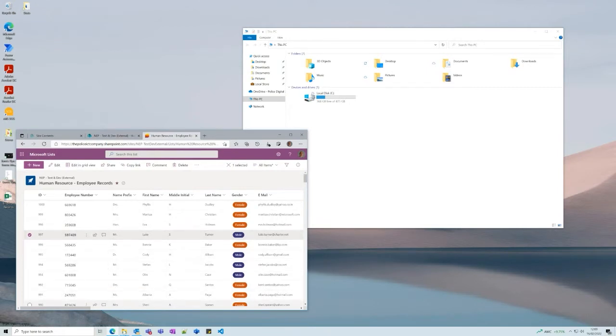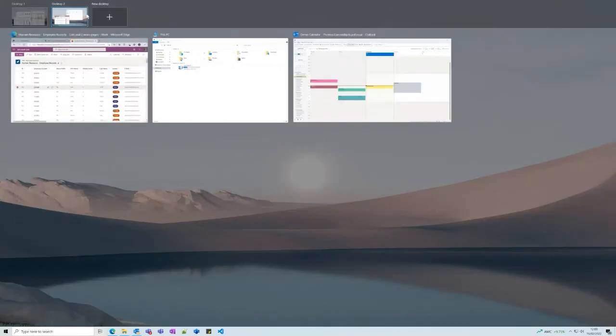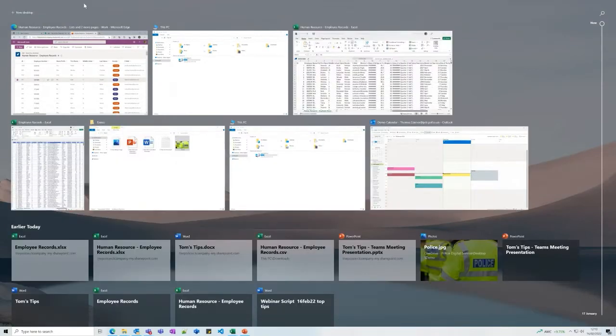And as soon as you don't need those desktops, you can click the little X, and it will close that desktop, and any of the windows that were open on those other desktops will all get consolidated down into that first one. But while we're in this view, this is a really useful one as well,